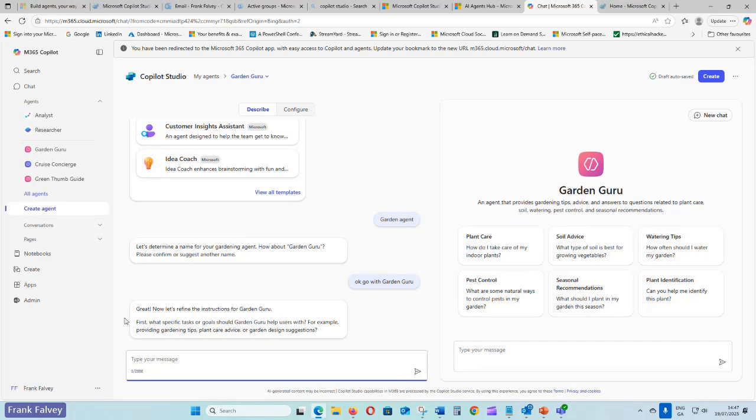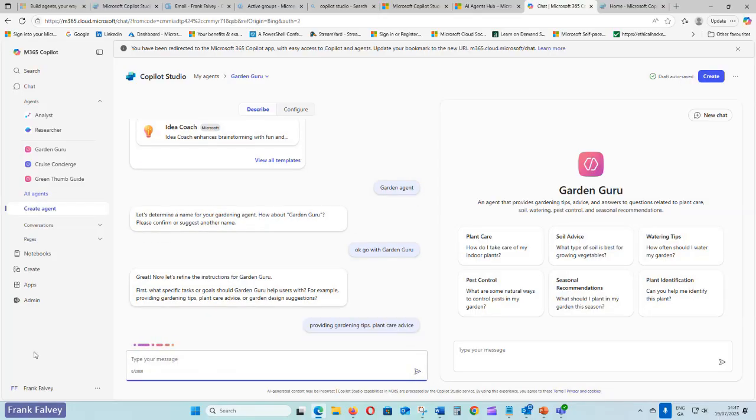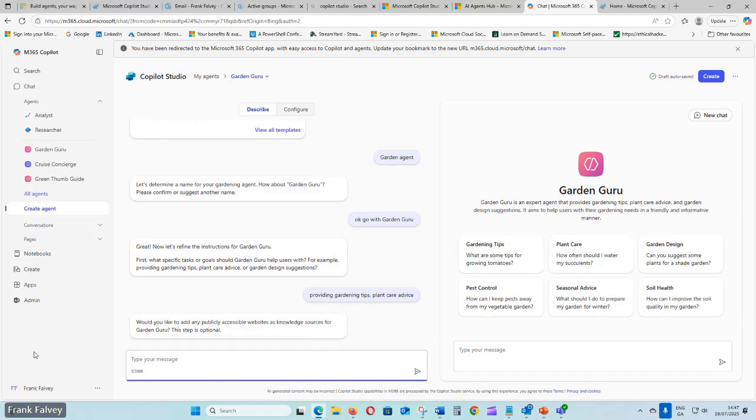For example, providing garden tips, plant care advice, or garden design. So we're going to take what it gave us and say provide gardening tips and plant care advice. I'm going to copy that, paste it into the prompt, and give it back to the Copilot. This helps the Copilot build up the agent. It's actually giving you the prompts and everything, helping you along the way.